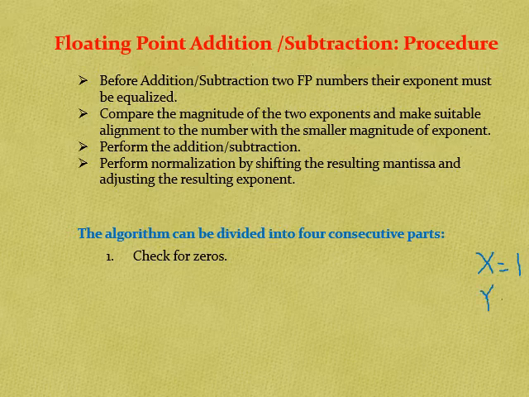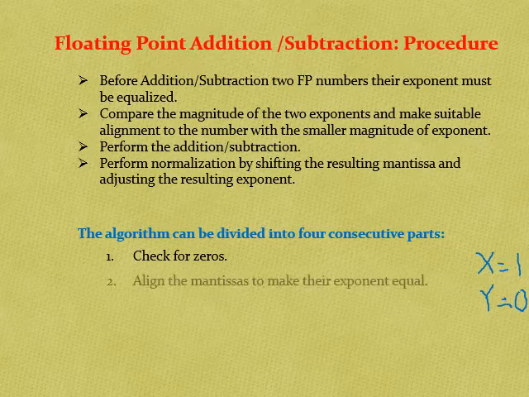In this case, the result will be 1, so no operation is required. So first we have to check whether the values we are going to add or subtract are